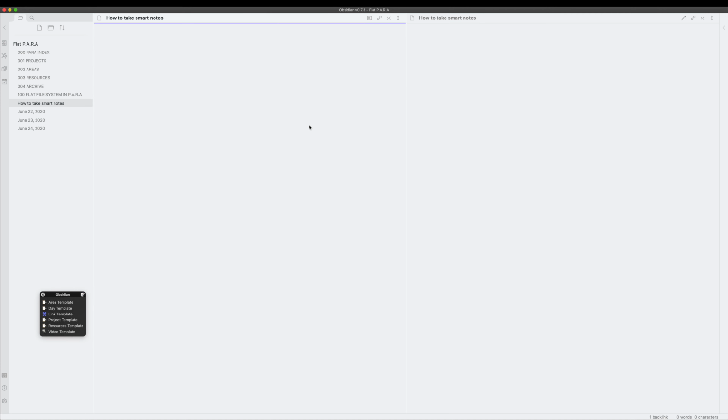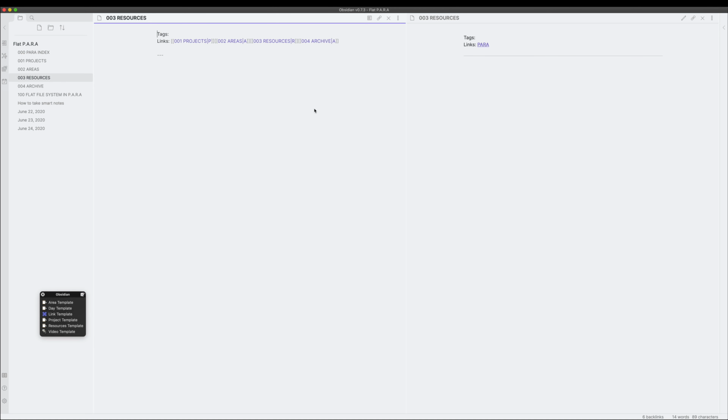Now, one thing that I had said in the start, but I have changed it a little because I've been using the system in my own personal vault, and what I've realized is that it does not fit it that well. So projects is the only thing that I'm going to give the name 100 to. Everything else, like in this case, how to take smart notes, alright, we'll just put category. And in category, we'll call it books.